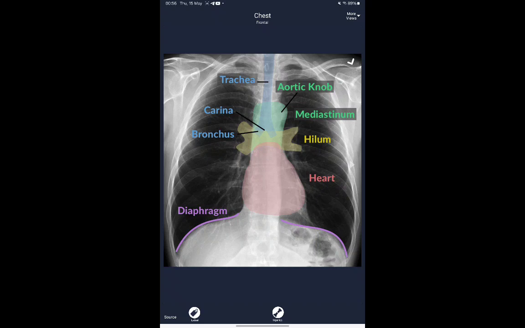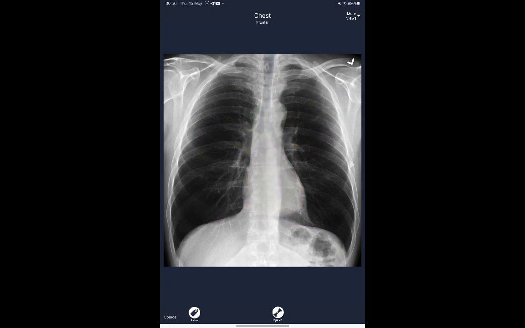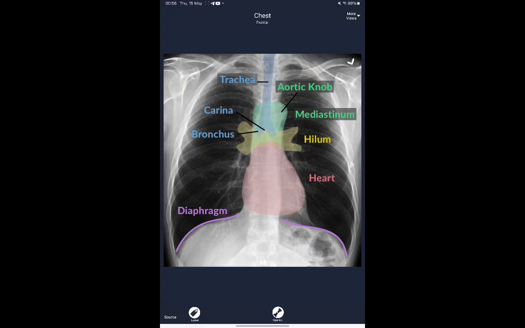This is the mediastinum, all of this. The mediastinum has the aortic knob because the thoracic aorta is here. Let's move the label. This is the mediastinum, the aortic knob, the heart, and the bifurcation of the carina